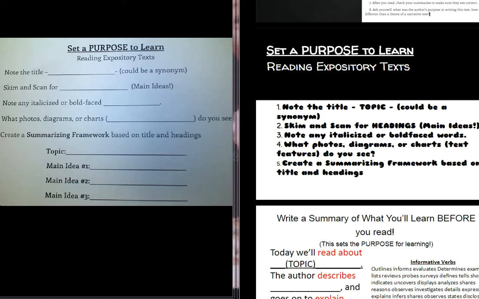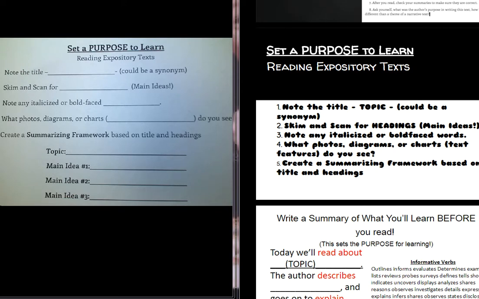So yesterday we talked about text organization and how a text is organized. And the day before that, we talked about the differences between narrative and expository. When we were talking about those differences, we talked about how a narrative is summarized after you read it. And we talked about how, in the summary, you include stuff from the beginning, the middle, and the end, and a couple of details. When you do a summary for an expository piece, it's a little bit different, and